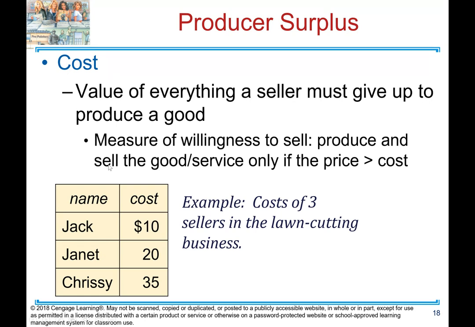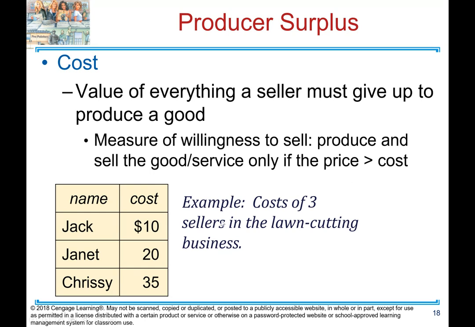Let's talk about producer surplus. Producer surplus is the value of everything a seller must give up to produce a good. That is the definition of cost. The cost is the value of everything a seller must give up to produce a good. It measures the willingness to sell: produce and sell the good or service only if the price is greater than